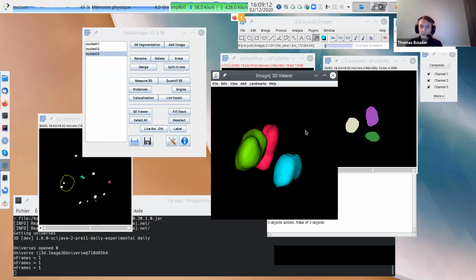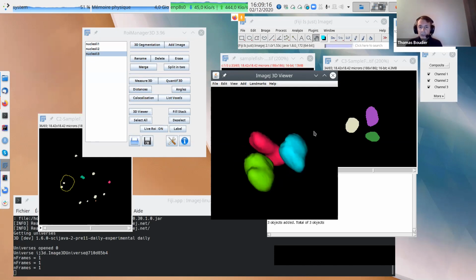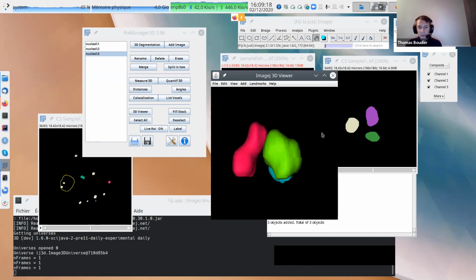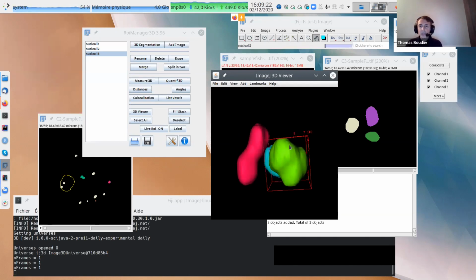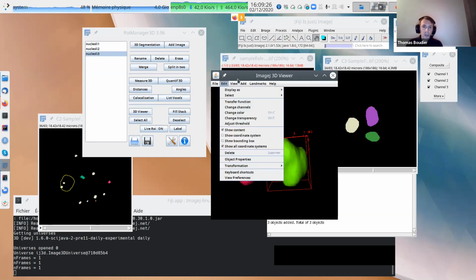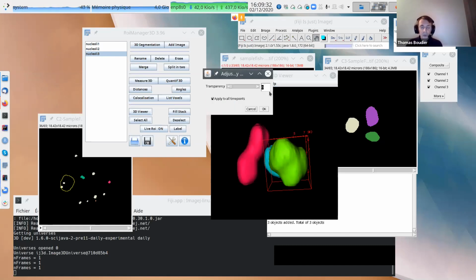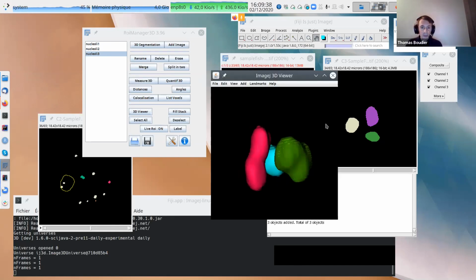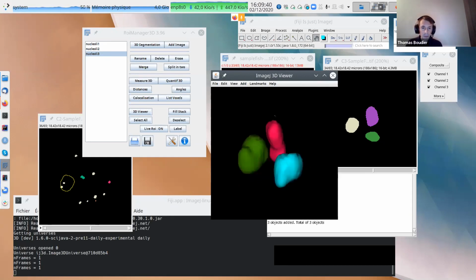Okay. Of course, with this you can create a movie, a rendering, a snapshot, no problem. What you may eventually want is to see through the object. So edit: you can change the color of the object, and of course change the transparency. Usually to make it transparent, we put 50. That's not working very well for this one.